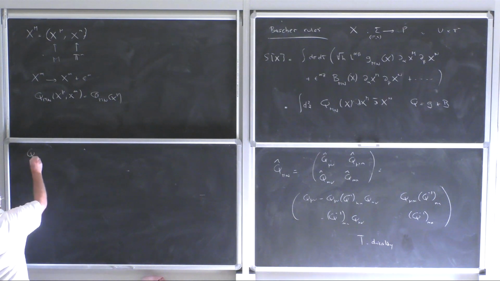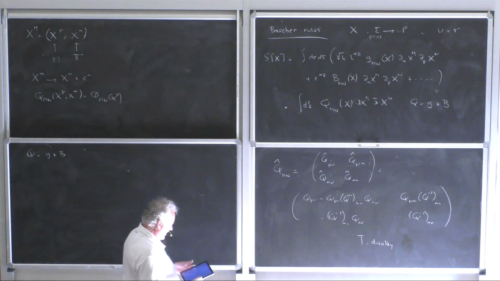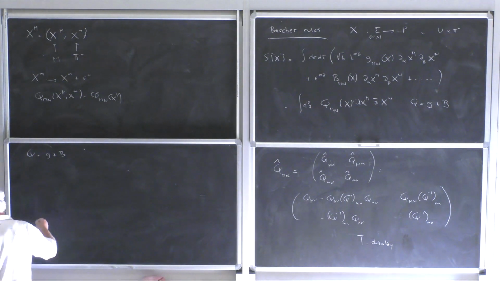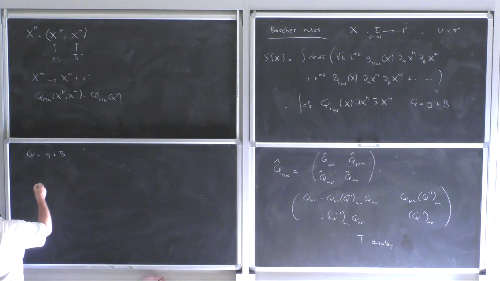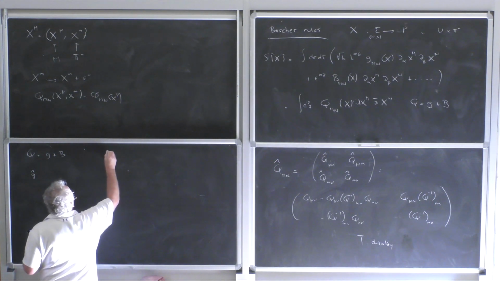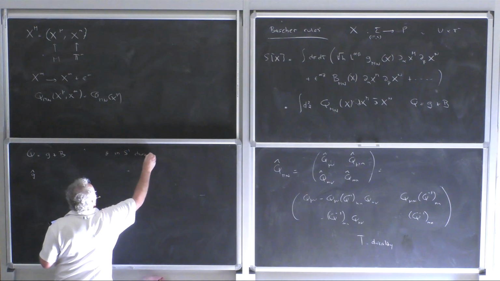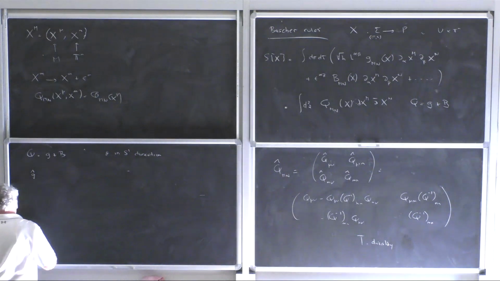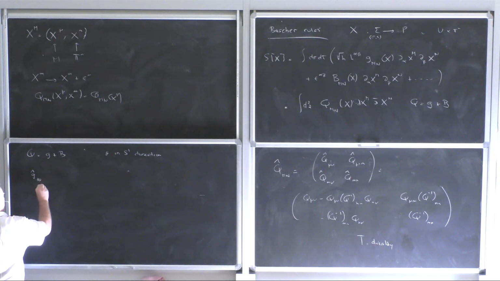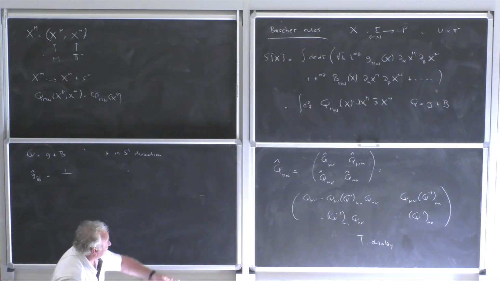So remember that Q was G plus B, so this formula has both G and B in it. If you restrict this to a circle, so just one direction, let me call theta the coordinate in the S1 direction locally. So you find that the theta component of the metric, so this is in the dual circle, or maybe I should say that what I'm doing here is,